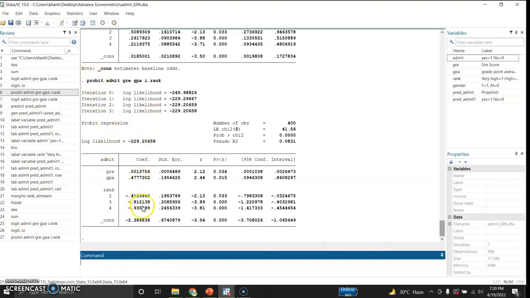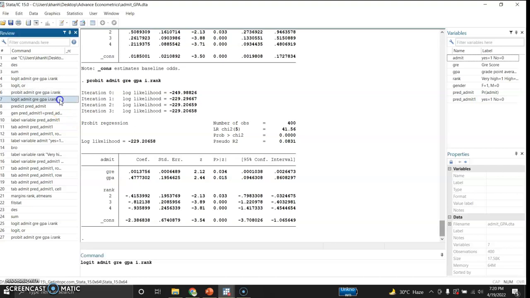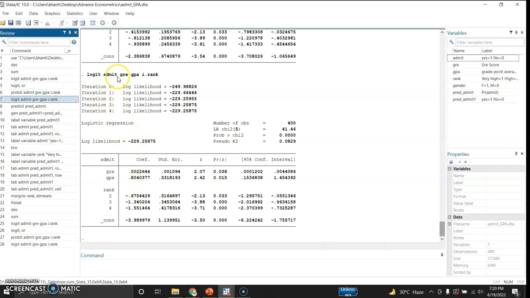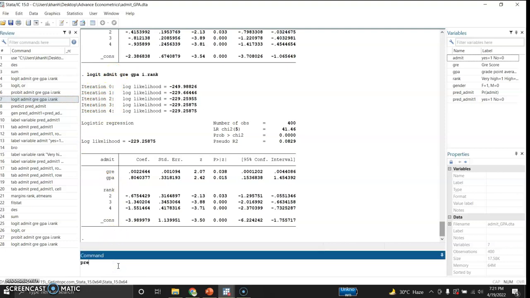These are the coefficients. Again, since I want to predict probabilities, I would like to run the logit model again. So when I run the logit model, then I will write predict pred_admit.